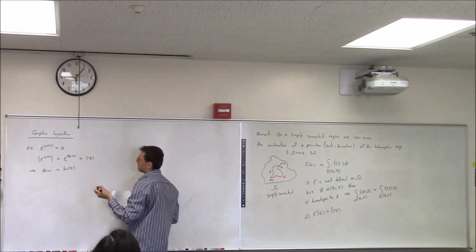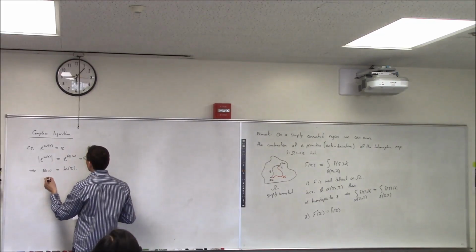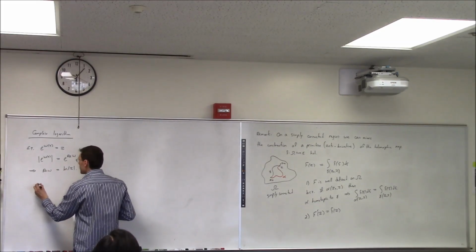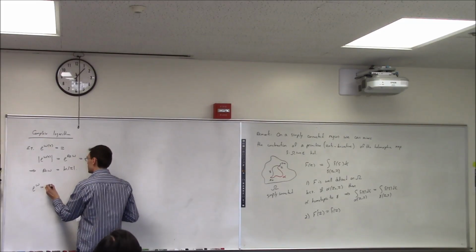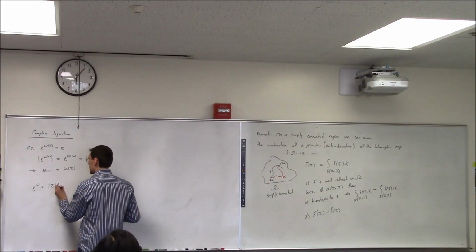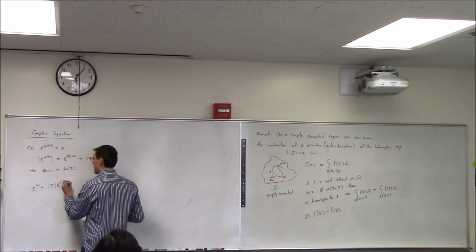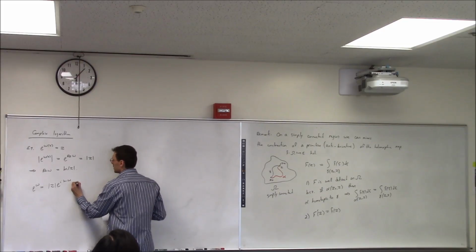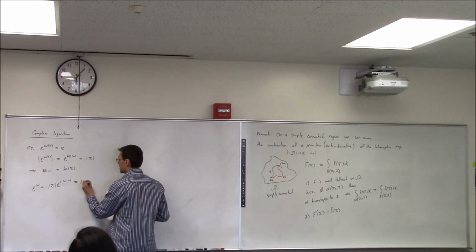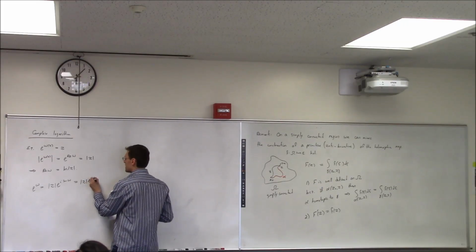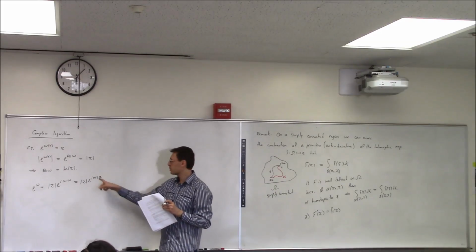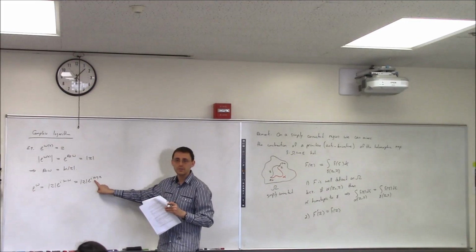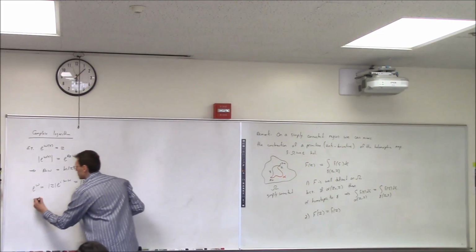Now, the other part is that we can then write e to the w as absolute value of z times e to the i imaginary part of w. And that is supposed to equal absolute value of z, e to the i argument of z. So this is just e to the i something. It just gives you the unit vector, right? This is just some unit vector in the direction of z. So the conclusion is that